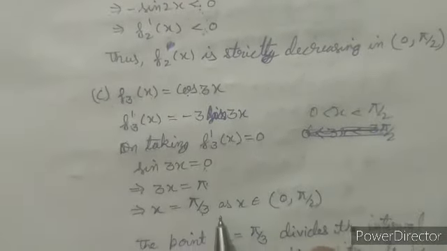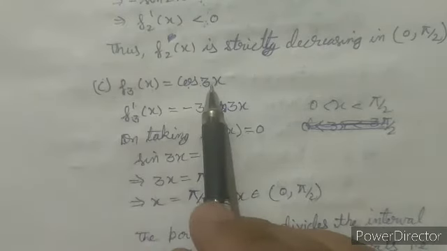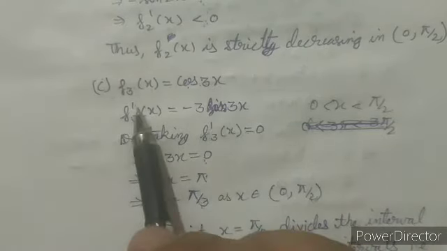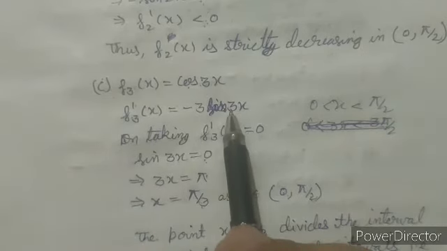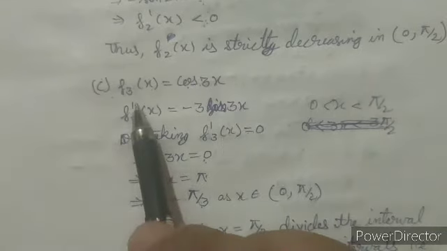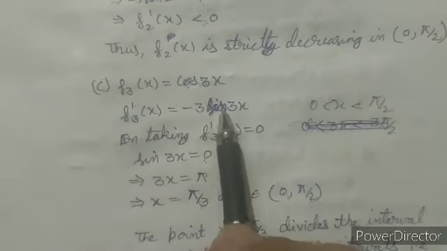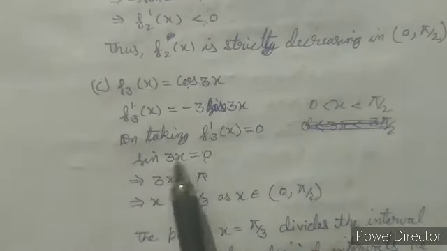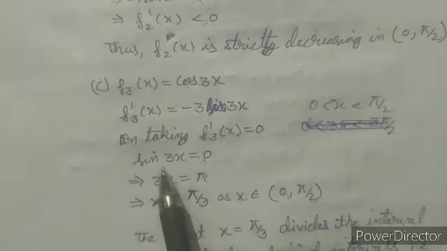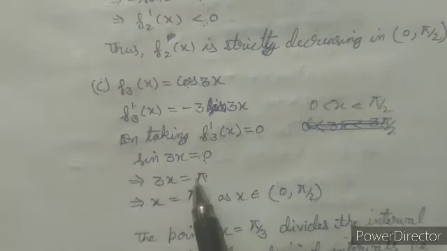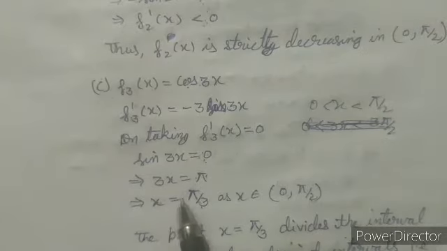Now the third function was cos 3x. So let f3(x) equal cos 3x. On differentiating both sides, f3 dash x will be equal to minus 3 sin 3x. Now on taking f3 dash x equal to 0, we will get minus 3 sin 3x equal to 0, or we can say sin 3x equal to 0. And this will give us 3x equal to pi, as sin pi is equal to 0. So x will be equal to pi by 3